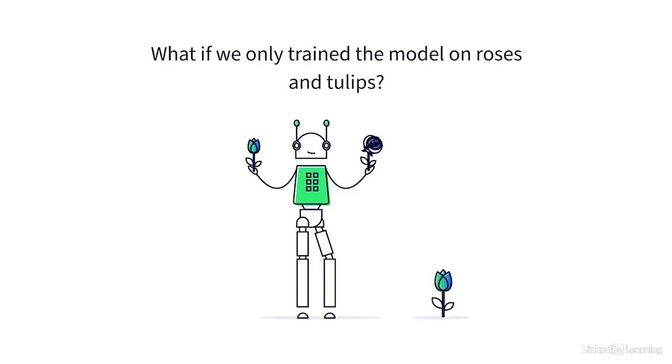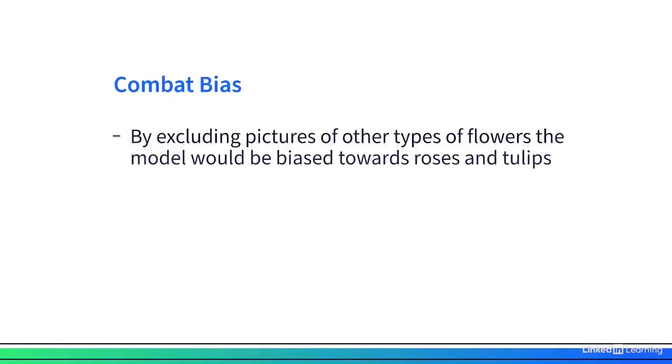These are all great questions for illustrating and discussing bias in machine learning and the specific ways to combat it. To answer those questions, we would be teaching the model that there are only two flowers in the world, roses and tulips. By excluding pictures of other types of flowers, the model would learn that flowers like dandelions, sunflowers, and daisies either don't exist or are unimportant. The model would be biased toward roses and tulips, meaning it will always predict a flower to be a rose